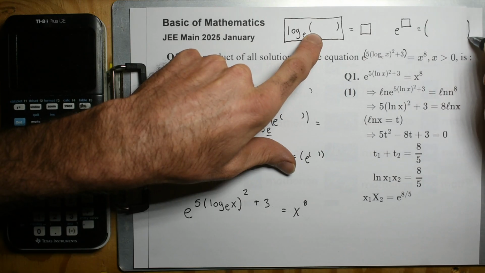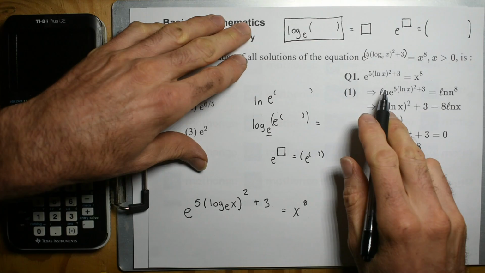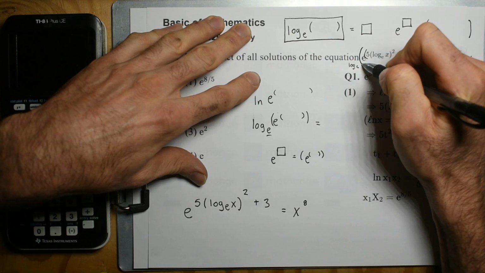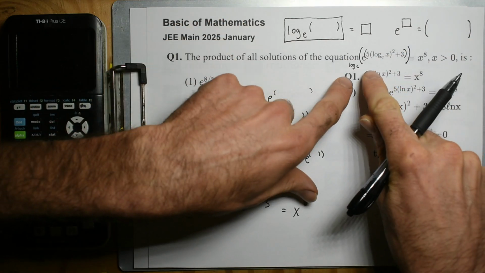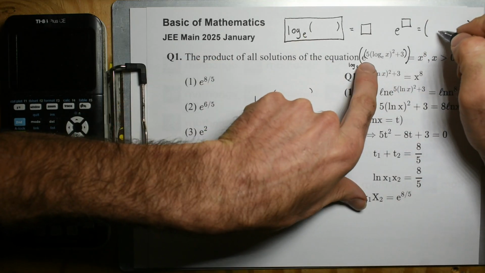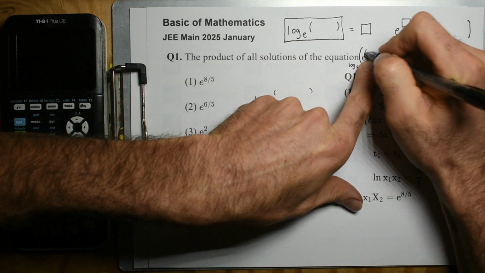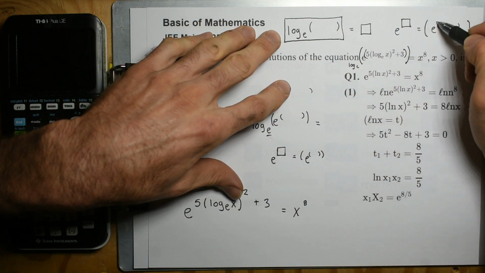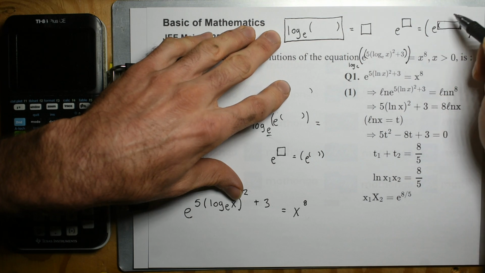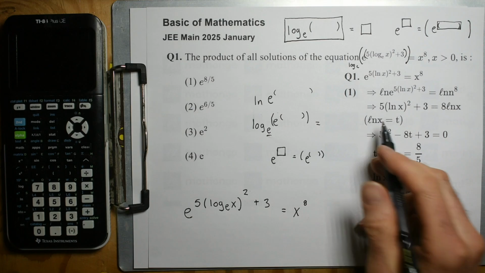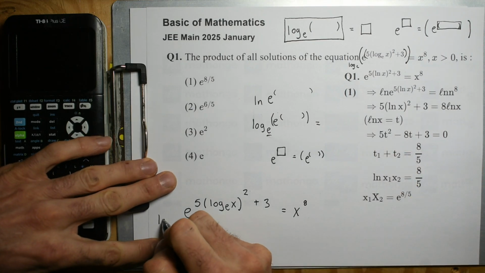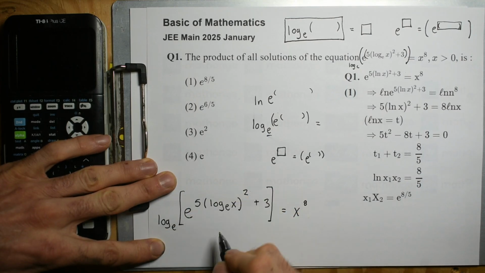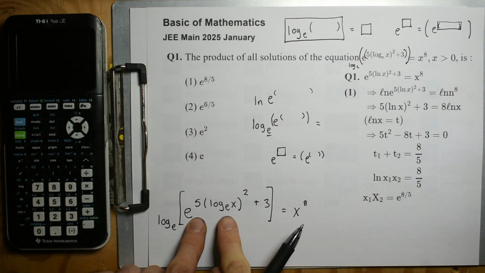And it just happens to be that value, because if we took the log e of this entire thing, then this entire value is e to these two parentheses inside. And now we can easily see that this box is equal to that stuff inside. And so that's how we get. So if we take log e of all of this, knowing that this is e to the this stuff,